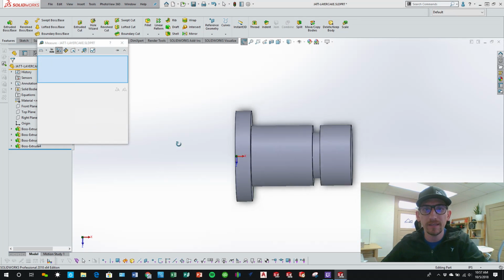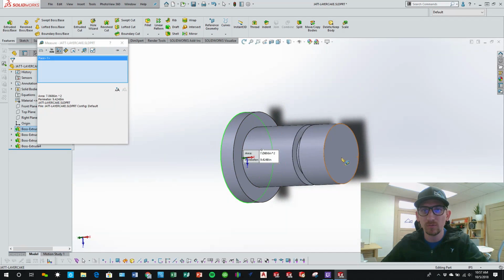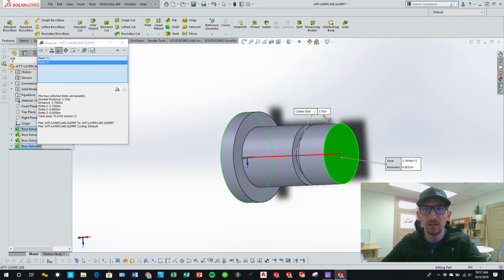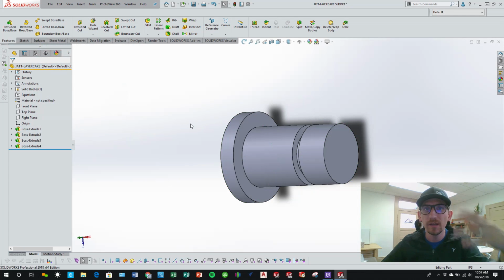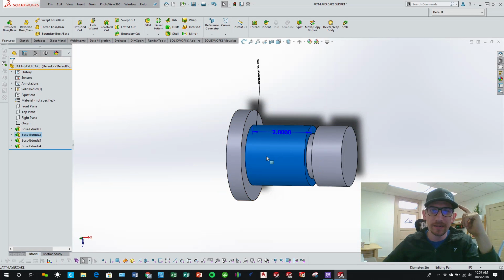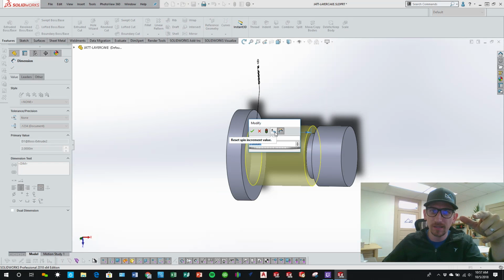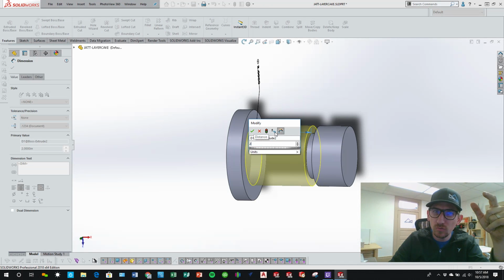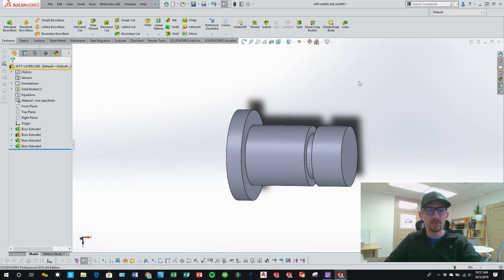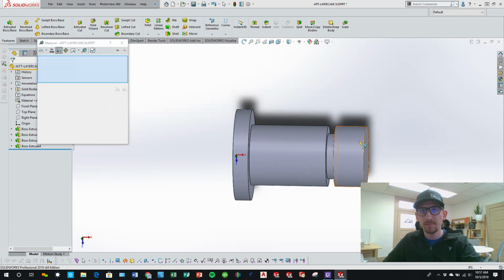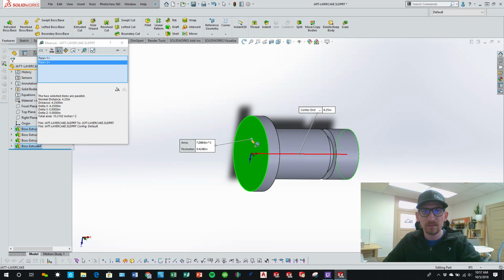Well, in reality, it's not good, because our whole shaft became 3 3/4 long instead of 4 1/4. So now I have to come in here and go, oh man, I need to come in, take that 2 inch and make it so it's 2.5 now, right? Do Control Q. All right, let's see if I come back to this and I fix this face, sweet, 4 1/4, I'm back at it, right? Okay, I was able to catch that,